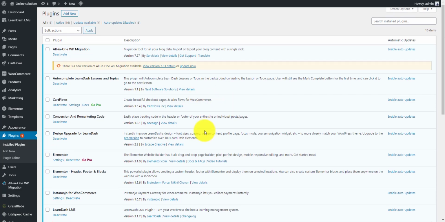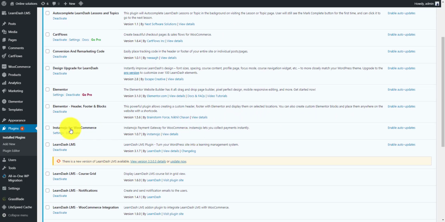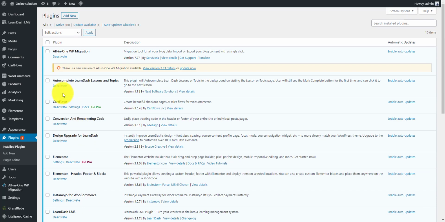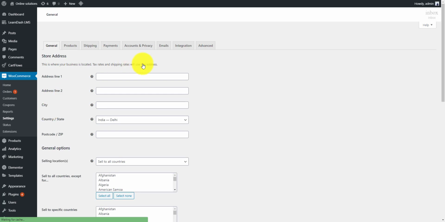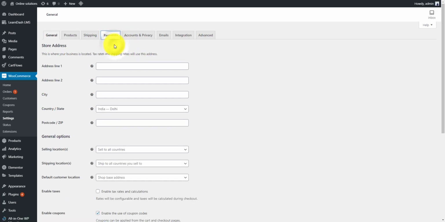And once your account is active, you just need to install a small plugin, that is InstaMojo for WooCommerce. The moment you install InstaMojo for WooCommerce, in the WooCommerce setting tab, your InstaMojo option will appear. You just need to go to the payment section and select InstaMojo.